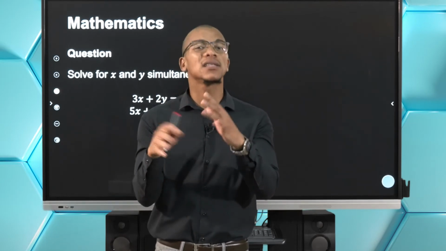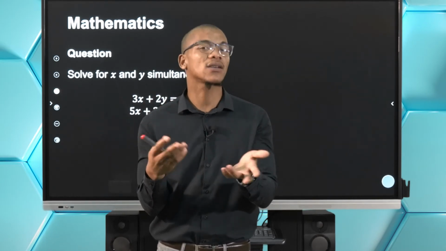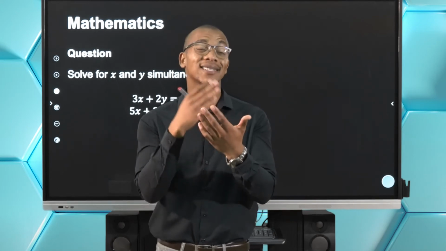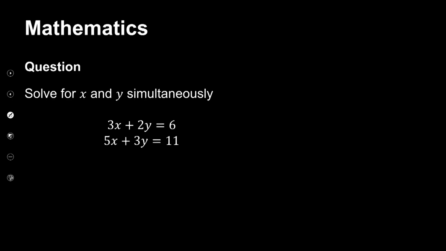If there is, then multiply by the LCD to get rid of the fraction and then employ the elimination method. I will promise you now, elimination method works at all times, but before it works, you need to do the following. So I have 3x and 5x. They cannot cancel. I have 2y and 3y. They cannot cancel. So it means I must then make a decision whether I want to start with cancelling the x or cancelling the y by multiplying by a constant that will make whatever variable I'm choosing to have the